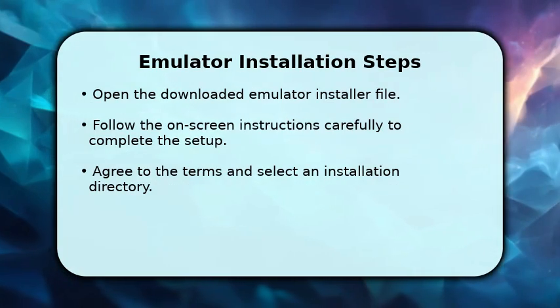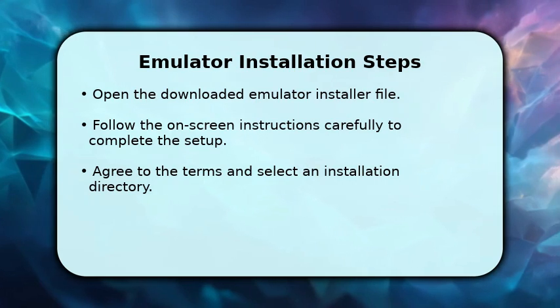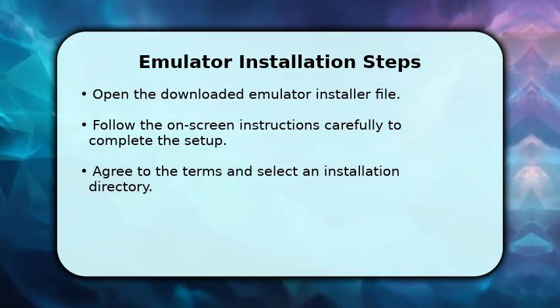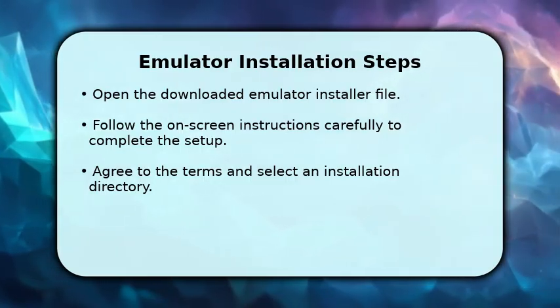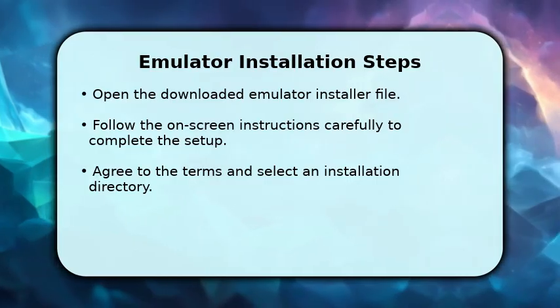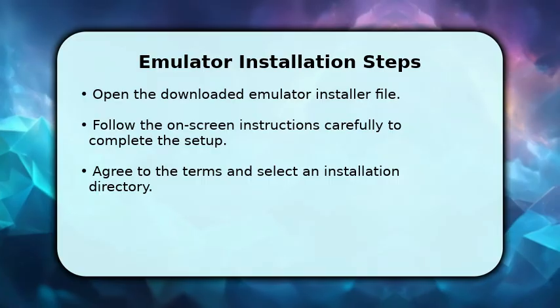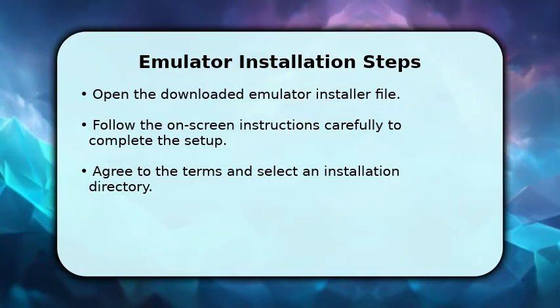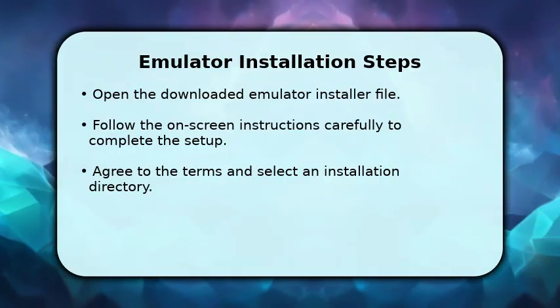Once the emulator installer is downloaded, locate the file and double-click to begin. The installation wizard will guide you through several steps, including agreeing to terms and selecting an installation directory. It's important to follow these prompts carefully to ensure proper setup. After installation, the emulator will typically launch automatically, or you can find its icon on your desktop or in your